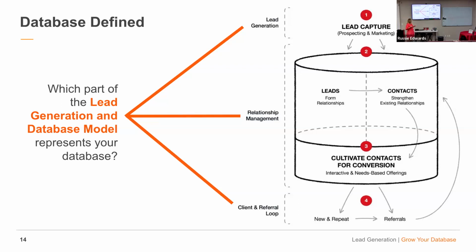We're going to talk about what some of those are. And then they're going to go to one of 2 things. They're either going to be new or repeat business, or you're going to get referrals out of them, or they're going to be new, repeat, and referrals, and then they stay back in your contacts, right? So it's just constantly a little wheel that you're contacting people on. It's called the client and referral loop.